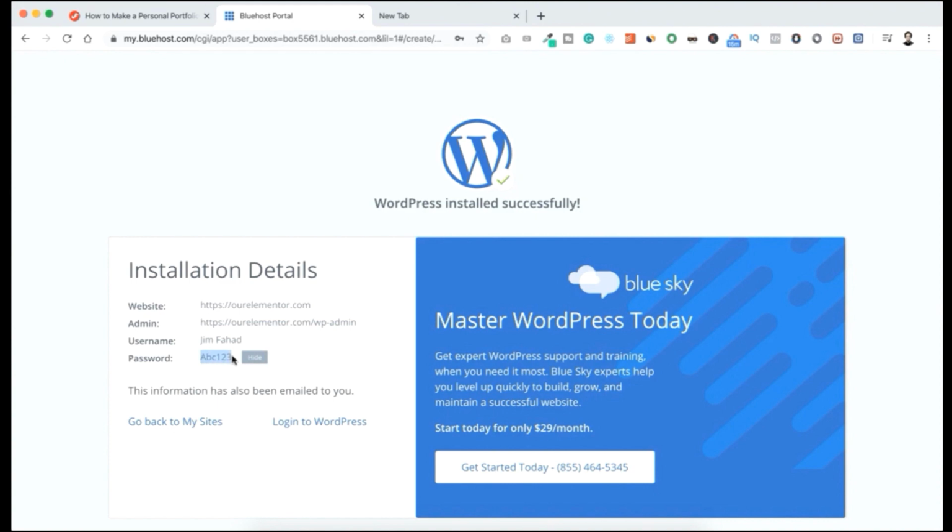Actually, I intentionally gave this an easy password, that's ABC123. Never ever use this kind of easy password. I'm showing you shortly how you can change that password. We can now sign into WordPress by clicking here, but this is not the usual way, because all the time